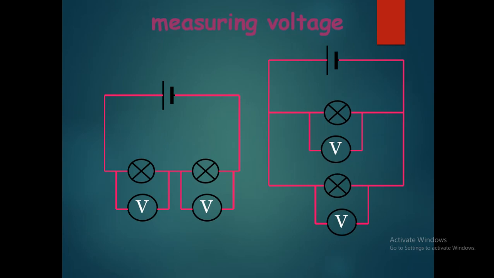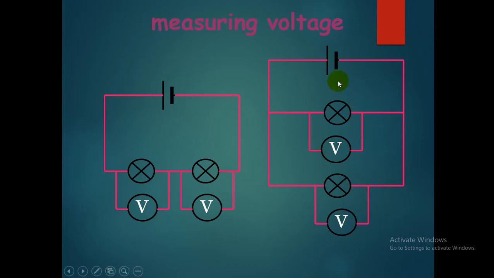The same thing we can explain in the case of using voltmeters. Here it is the same thing. Suppose our battery is able to supply 10 volts, then when you keep one voltmeter here, the other voltmeter is across the second bulb. As I am saying, these two bulbs have the same ratings. This means the voltage drop across the first bulb will be 5 volts, and the voltage drop across the second bulb will also be 5 volts. These two, 5 and 5, are added to equal the supplied voltage of 10 volts.